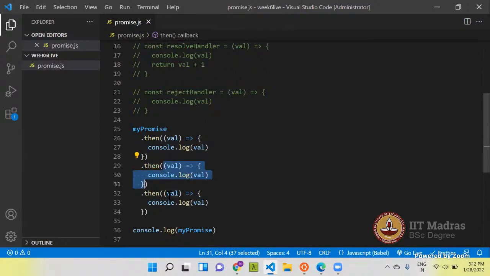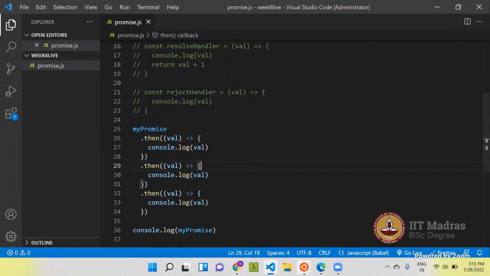That value will be passed to the val parameter, and then it will again be logged on the console. So this is the first promise, this part is the second promise, this part is the third promise, and this part is the fourth promise.